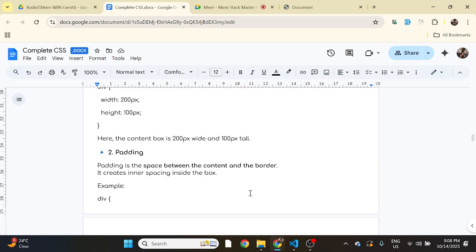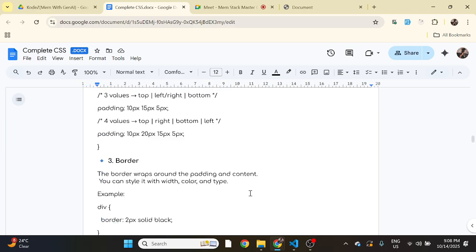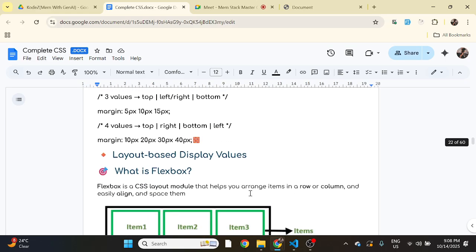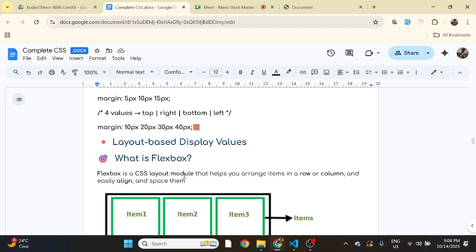Okay, then we will see the box model in today's class after completing flexbox. Okay, what is flexbox? Right. What is flexbox? It is a layout based